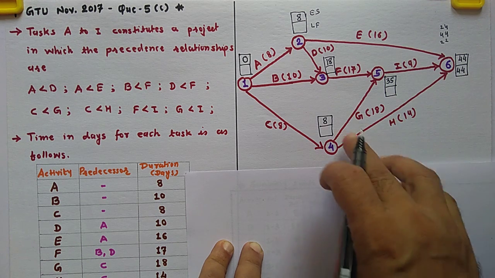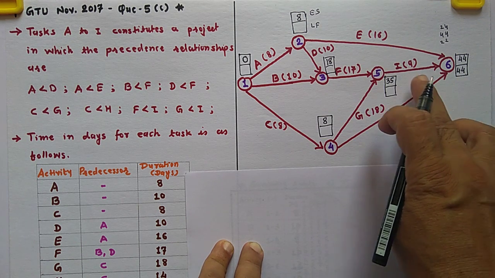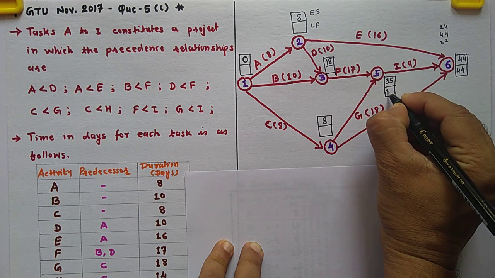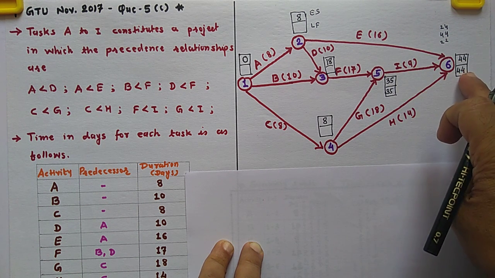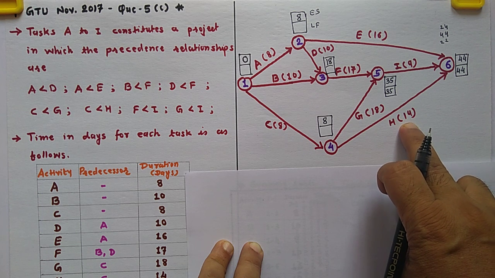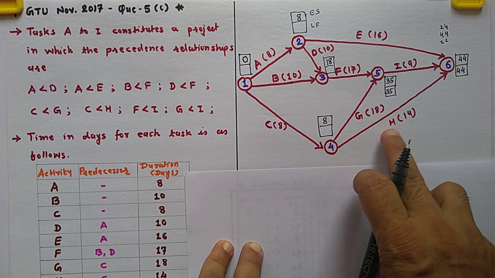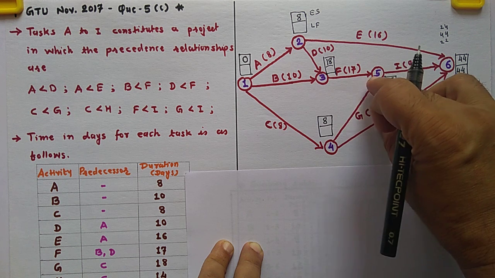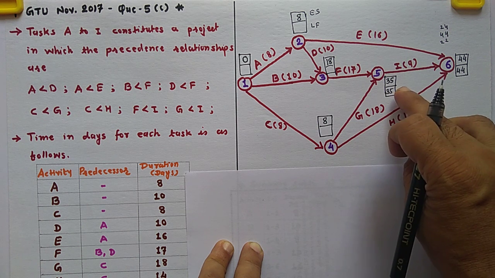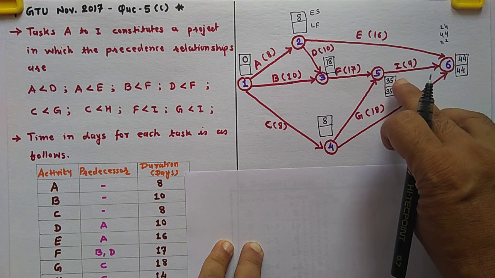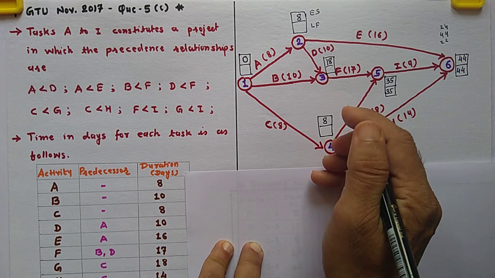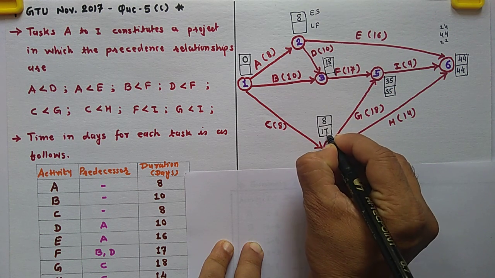Now find out the latest finish time of all the events. 44 minus 9, 35. Write down this. Now 44 minus 14, so that is 30. But here two activities are going, so two possibilities are there. So 44 minus 14, 30, and 35 minus 18, 17. So take the minimum one, 17,